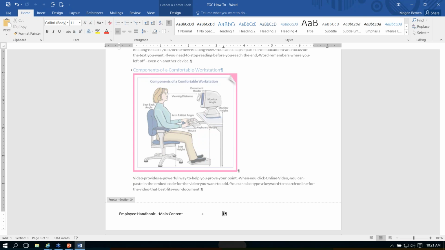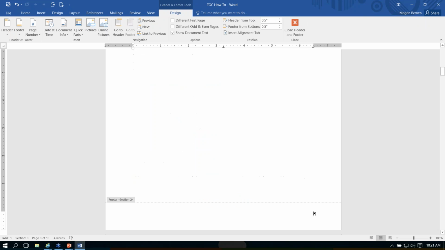And these are just, again, placeholders, so we wouldn't actually call this Employee Handbook main content. You may put the title of the chapter in here, you know, Chapter 1, setting up your workspace, something of that sort. And then we're going to go to our previous footer, and we're going to do the same thing. I'm going to make that text left again, and I'm just going to type Employee Handbook, Table of